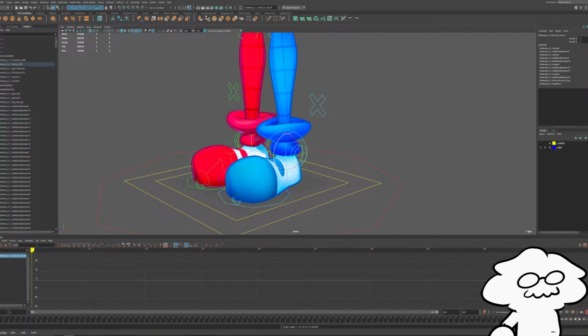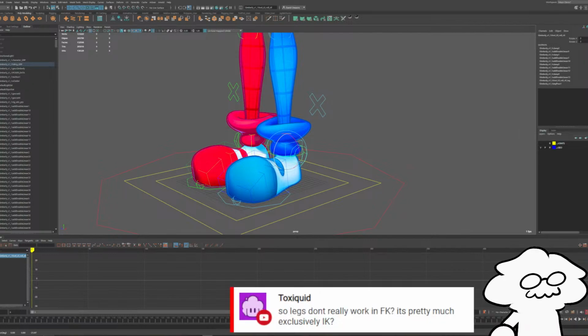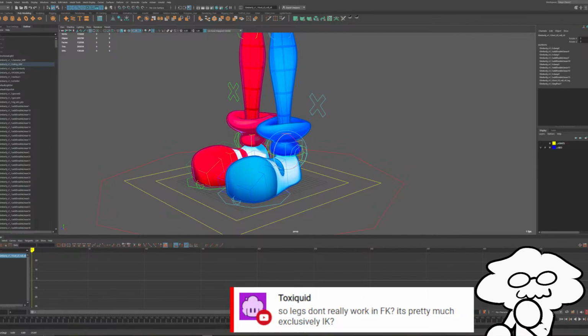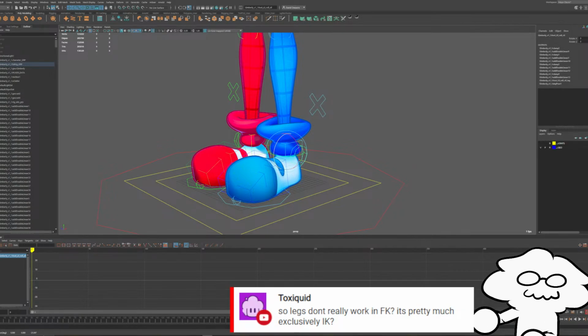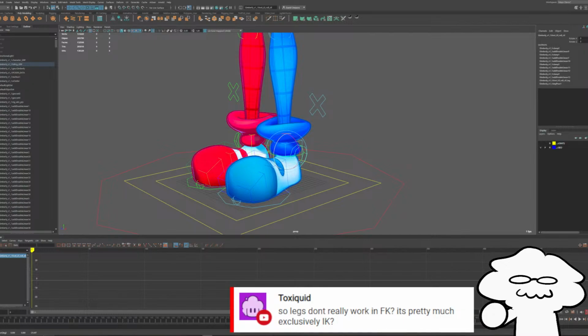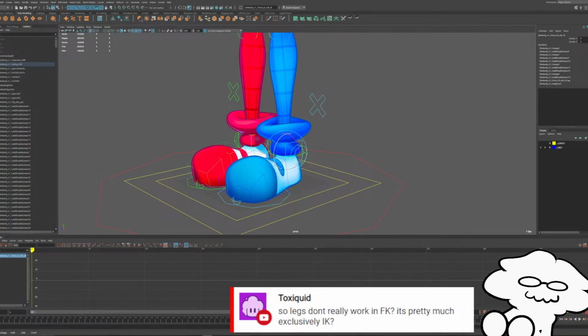That's a good question, Toxic Quid. So legs don't really work in FK. It's pretty much exclusively IK. Mostly, yes. You can fake it, because again, just like with the arms, you can create that swinging motion in the legs. Like for example, Minecraft animations, right? You theoretically could have an IK stiff leg in a Minecraft rig.